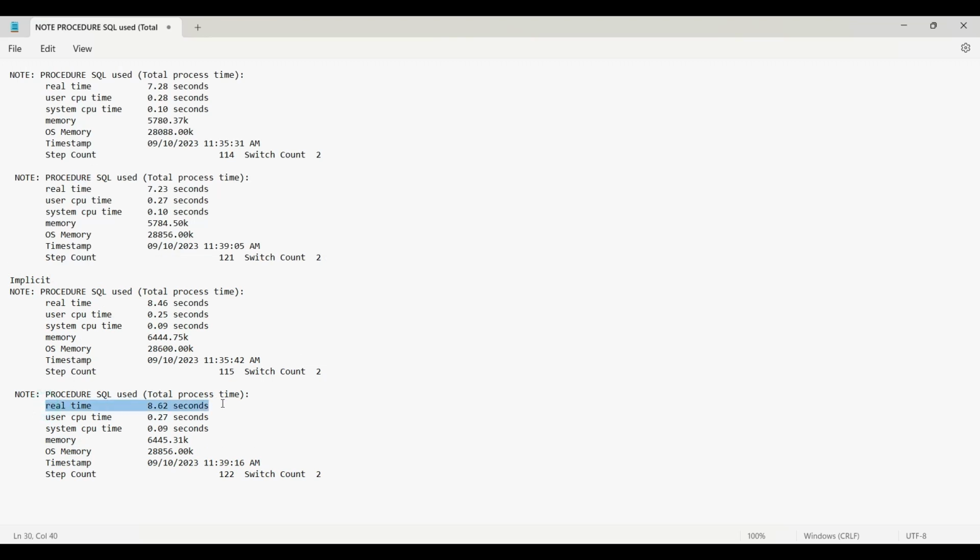This time it took 8.62 seconds, and this one, the explicit one, took 7.23 seconds. User CPU time for explicit was 0.27 seconds, and it's matching exactly, that is 0.27 seconds. System CPU time taken by explicit is 0.10 seconds, whereas system CPU time taken by implicit is 0.9 seconds. Okay, if you try to infer these results, again you will say, okay, maybe the implicit one is better than explicit,